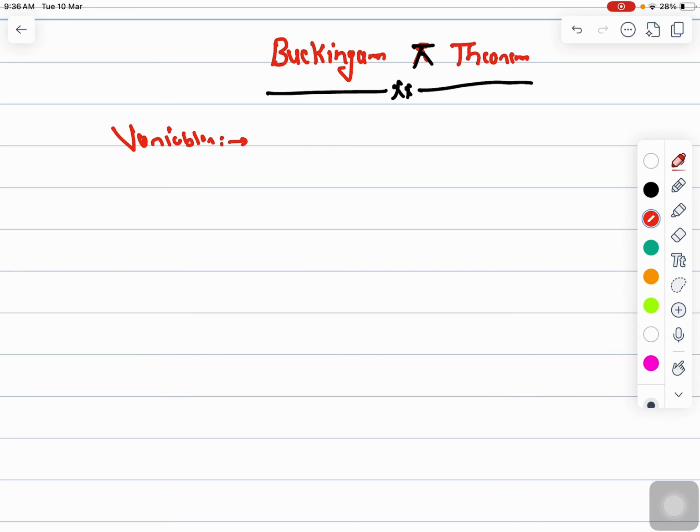These must be determined by the judgment of an investigator, exercised in light of such knowledge of the mechanism that is available or gained during the experiments. So for example, consider again the heat transfer from the walls of a pipe to the fluid flowing in turbulent flow condition inside the pipe. We know that the heat transfer process is affected by various variables, right? So if I am talking about the heat transfer